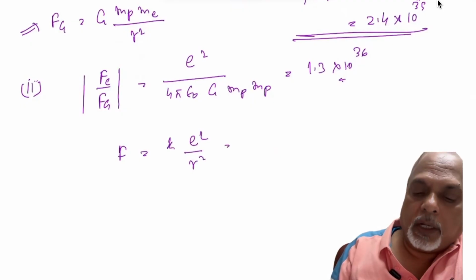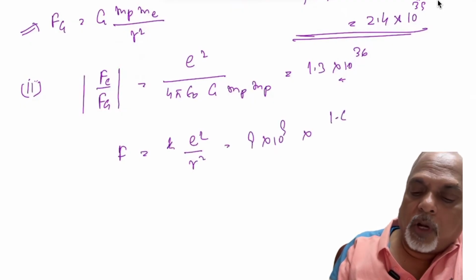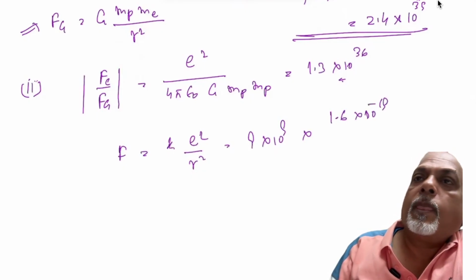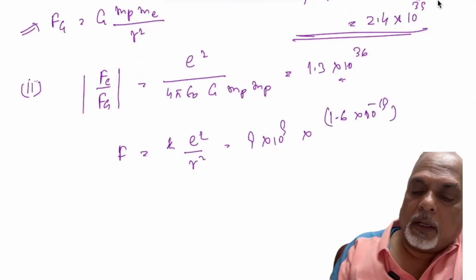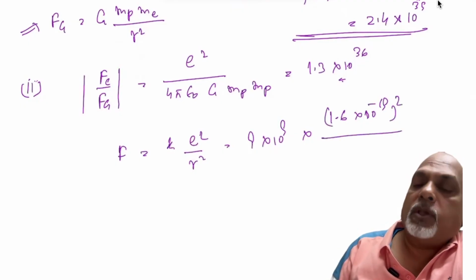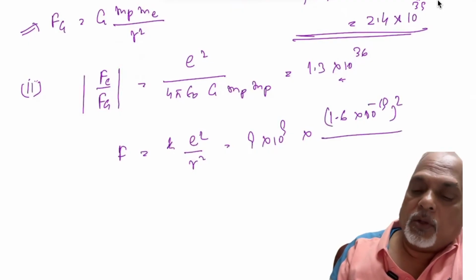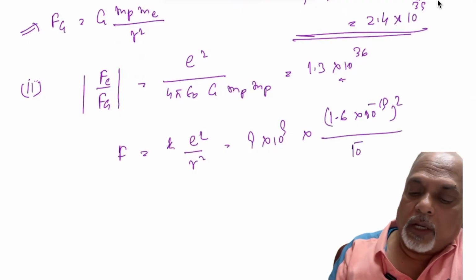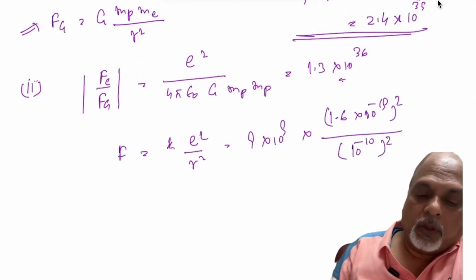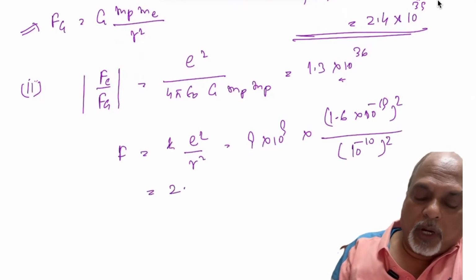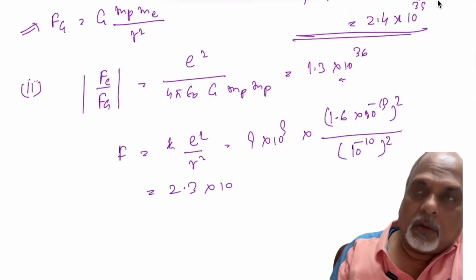This you can write as 9 into 10 raised to 9 into 1.6 into 10 raised to minus 19 square, divided by distance between them, which is basically 1 angstrom. 1 angstrom is 10 raised to minus 10 whole square. This comes as 2.3 into 10 raised to minus 8,